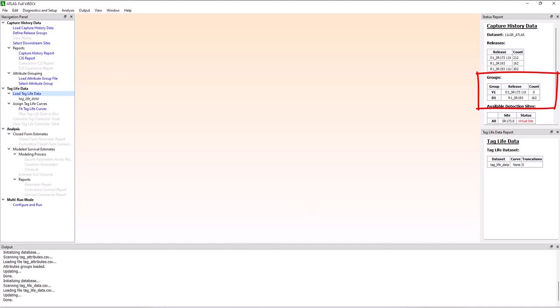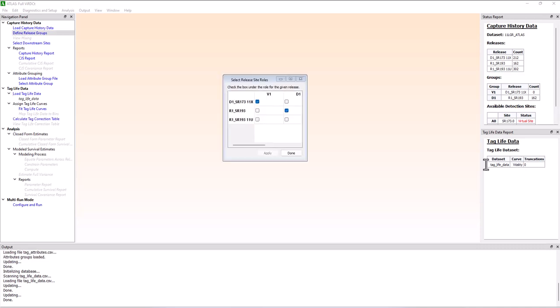The virtual release is denoted V1 and the dead release D1. By default, the first release in the capture history data file is designated as V1 and the second as D1. Any subsequent releases will not be used. Thus, if there are multiple upstream releases that make up V1, they must be configured in the define release groups